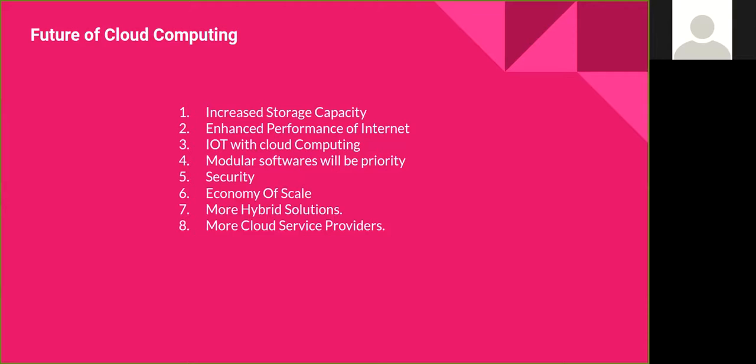Since all our IoT applications are running on the cloud, we want fast internet so that our IoT devices perform in real time. Next, we want modular software. That means we want our software to be decoupled. The more the software is decoupled and the more modules are present, the more easily we can manage it and deploy it based on our own preference for which architecture we want.